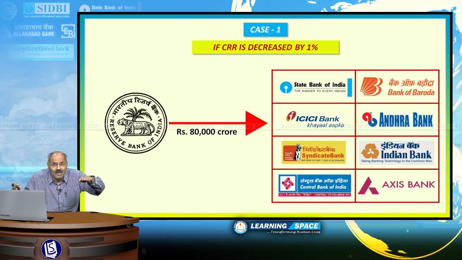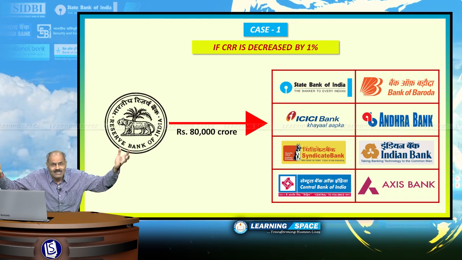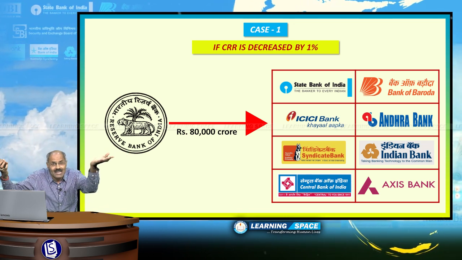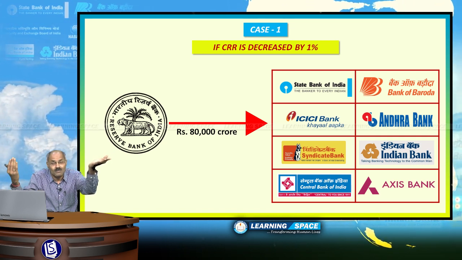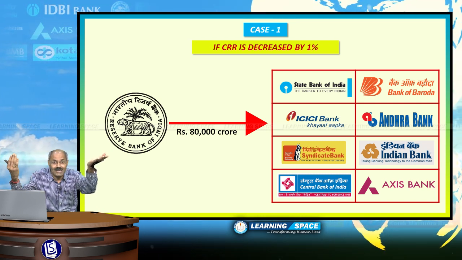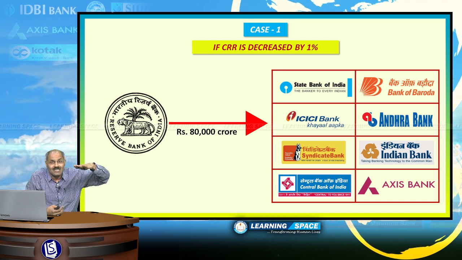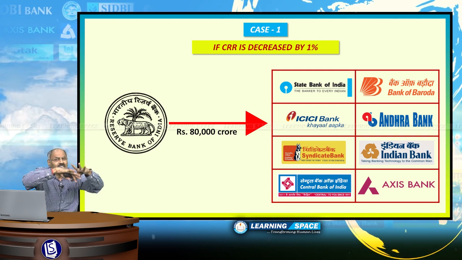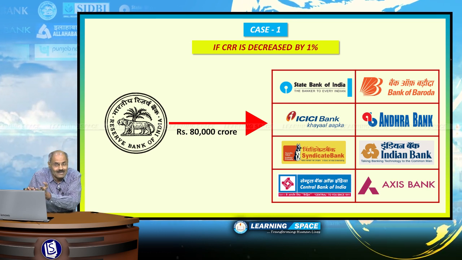When interest rates are coming down, then there may be more demand for goods. When more demand is there, what will happen? GDP will grow. But when more demand is there, it will lead to demand pull inflation. When growth is there, inflation also will go on parallelly. That's why RBI will strike a balance. RBI's present CRR is 4%. If they reduce it to 3%, then 80,000 crores of rupees will be available additionally in the banking system,